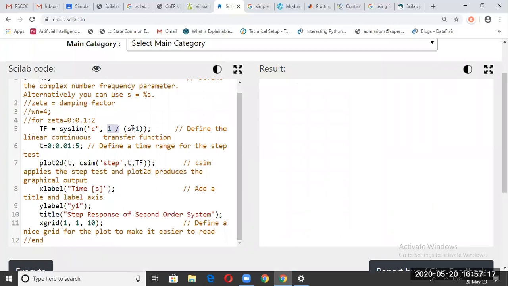See, if I take the inverse Laplace of this, you will get e raised to minus t, because it is 1 upon s plus a, and the inverse Laplace of 1 upon s plus a is e raised to minus at, which is e raised to minus t. Now you apply a step input to this. So it will become 1 upon s into 1 upon s plus 1.